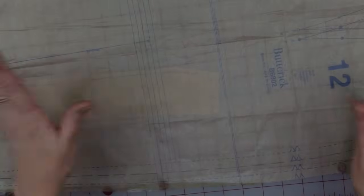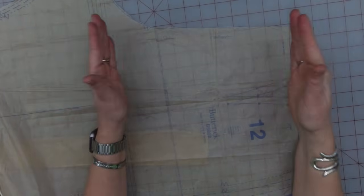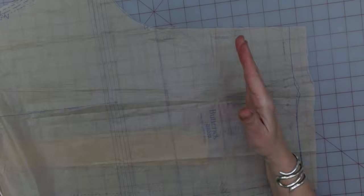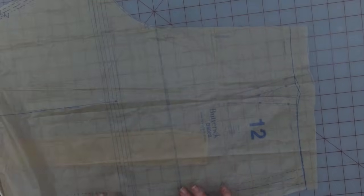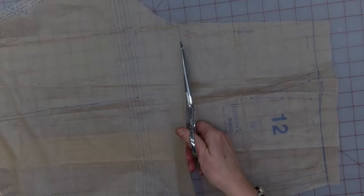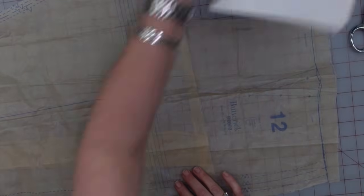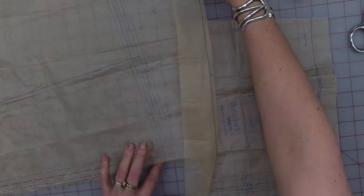But we're going to deal with the lengthening and shortening of the difference between your crotch and your waistline first. So if you were like me and on your back was too short, you're going to need to lengthen that now. And remember when I was eyeballing it, I said that, well, if I add 1.25 inches, that's going to fit. So I'm cutting along this lengthen and shorten here mark, and I'm going to take a scrap of tissue paper